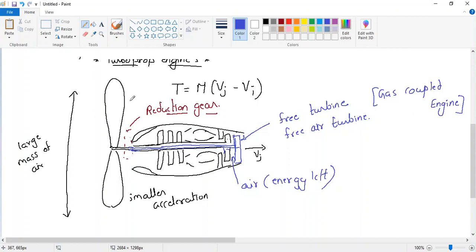Okay. In the older aircraft, before World War I, during World War II, what used to happen is a person used to stand in front of the propeller. It was not a turbojet engine. We used to have a piston engine. That time a person used to stand in front of the propeller, catch the propeller with both hands and rotate it at a very high speed. Aisa dhakka maarega beta usko, and he will run away. Understood? That used to give the initial RPM. But nowadays we don't require that. We can just connect a starter. Starter will look after everything.